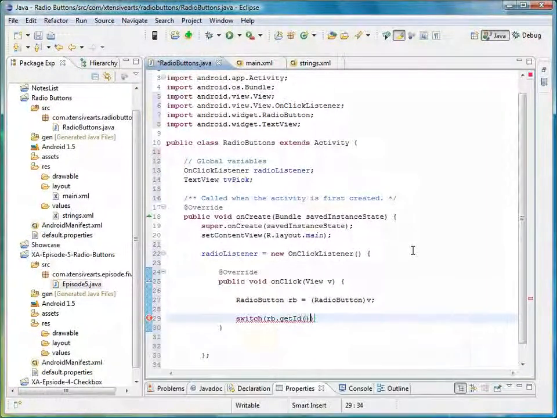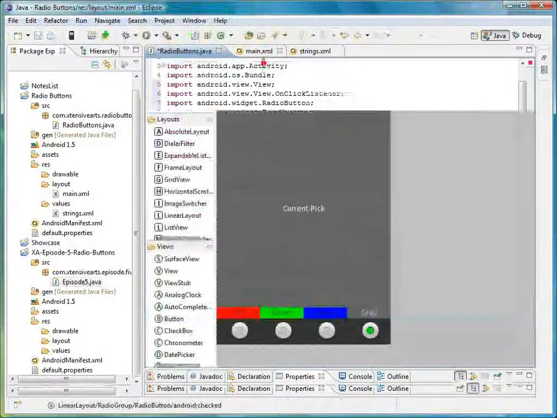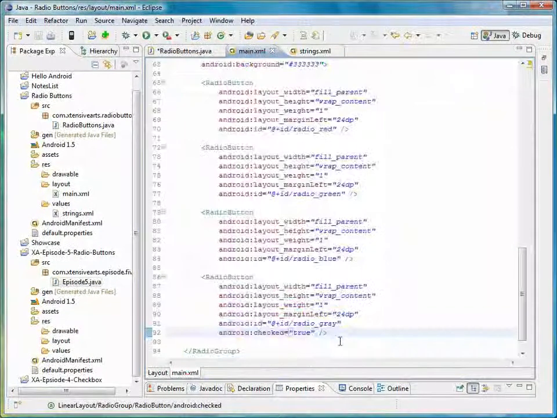Alright, so this gives us the ID of that radio button that has been clicked on. It's the same ID we defined in our XML layout. So for the blue radio button, for example, that ID would be radio underscore blue. Alright,